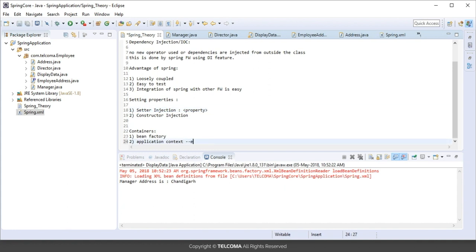It's possible to work with Spring using either the bean factory or the application context, but bean factory is often too low level for applications. So mostly we prefer the application context over the bean factory, and in all the coming tutorials I will work with the application context container. Clear? Okay, so in the next tutorial we study the application context container and how constructor injection is being